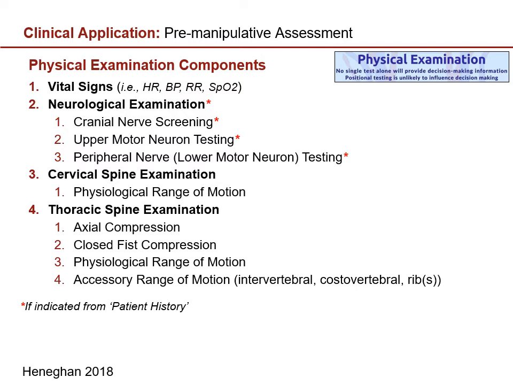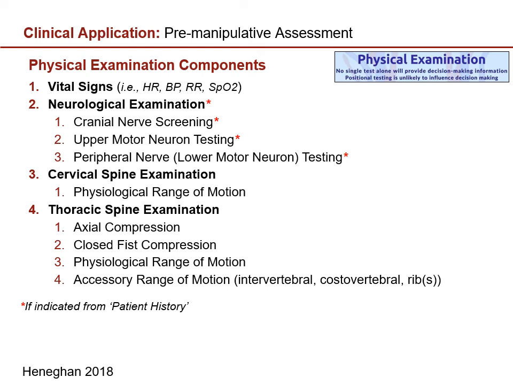Cervical spine examination, physiological range of motion, which is kind of a staple and a bread and butter for your standard orthopedic examination of the cervical and or thoracic spine. The unique elements here for the thoracic spine examination are the axial compression. So this is done traditionally with a patient sitting on the edge of the table. The therapist is up over top of them, whether standing on the table or on a higher surface, providing a direct axial load and compression to look at the sensitivity of particularly you're looking for osseous lesions or sensitivity to